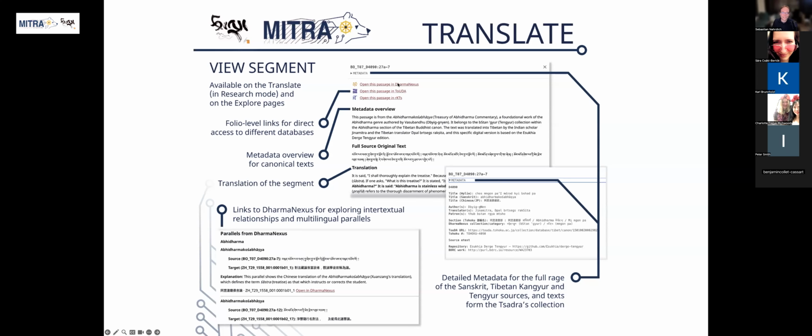Then we are also providing links into Dharma Nexus, our own database, and then Toda for Derge Kangyur and Tengyur block prints that are scanned at Tohoku University, and also to RKTS, where you can access the block prints. This will link directly on the folio level, so you will be directly at the position of the text. Then it provides the original text, a translation, and also some parallel passages from Dharma Nexus if they are relevant to that segment. So that's also included.